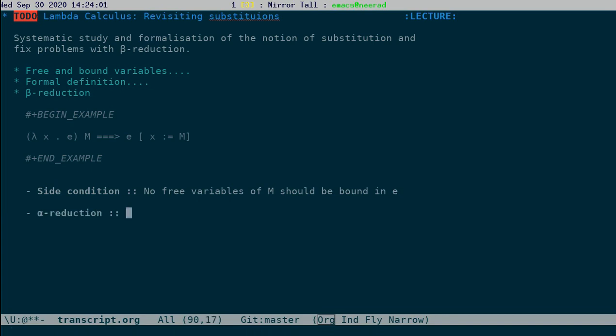That is, change the bound variables of E to fresh variables: lambda z dot e becomes lambda u dot e with free occurrences of z substituted by u, where u is fresh.